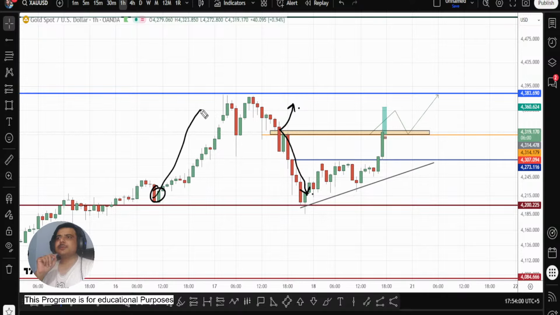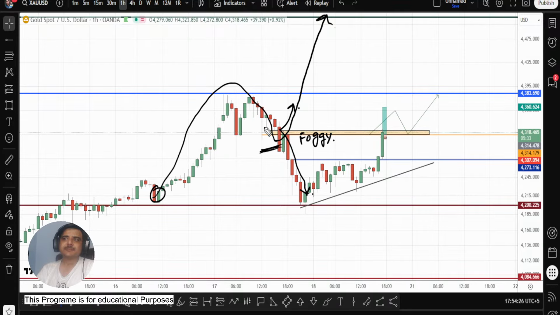So now one more thing I want to tell you. Since these bulls were in the market, they were supposed to push the price back up there. But obviously, if everyone knows about the setup, then who will make profit in the market? So this is, I should say, a foggy situation. And all of you know I don't look to sell gold unless I see a clear structure.